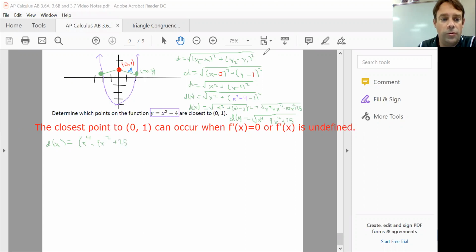And if you notice here, I'm going to have an inside function and an outside function. So you can kind of see how we're doing a chain rule to this problem here. So we will end up using a chain rule when we go through and do our derivative. So d prime of x